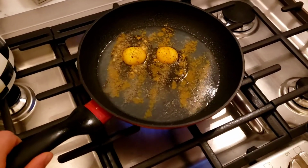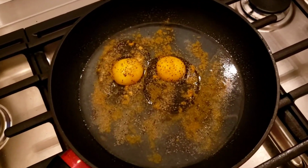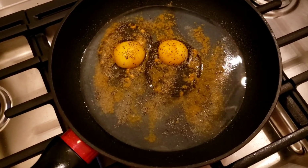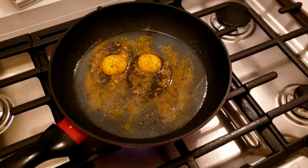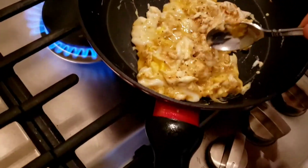So I season my eggs exactly the same every day, and the seasoning is light salt, black pepper, garlic powder, and curry powder. Gives it a nice kick, and hot red pepper. With everything I cook,